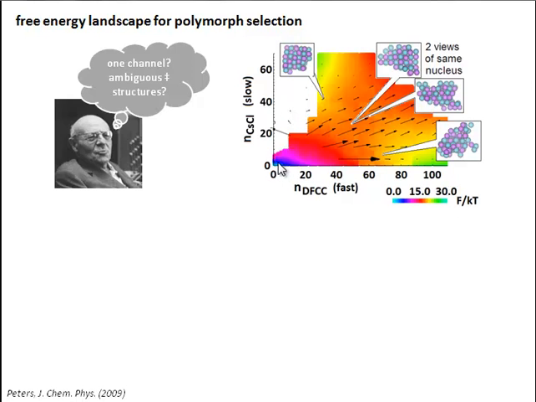Instead, what you have is one channel that actually straddles the two. Okay, so this actually looks somewhat like the direction that the FFS simulations were pushing. And the other thing that's really bizarre here is that if you look near the saddle point in this one broad free energy channel, you see that the nuclei are actually sort of distorted versions that are kind of ambiguously